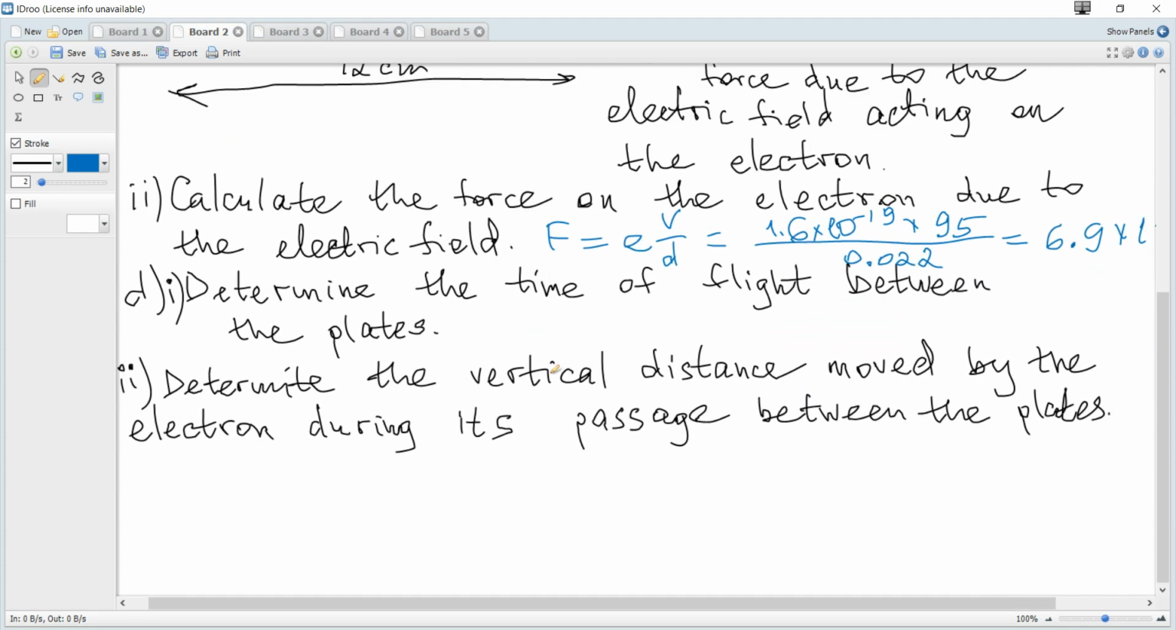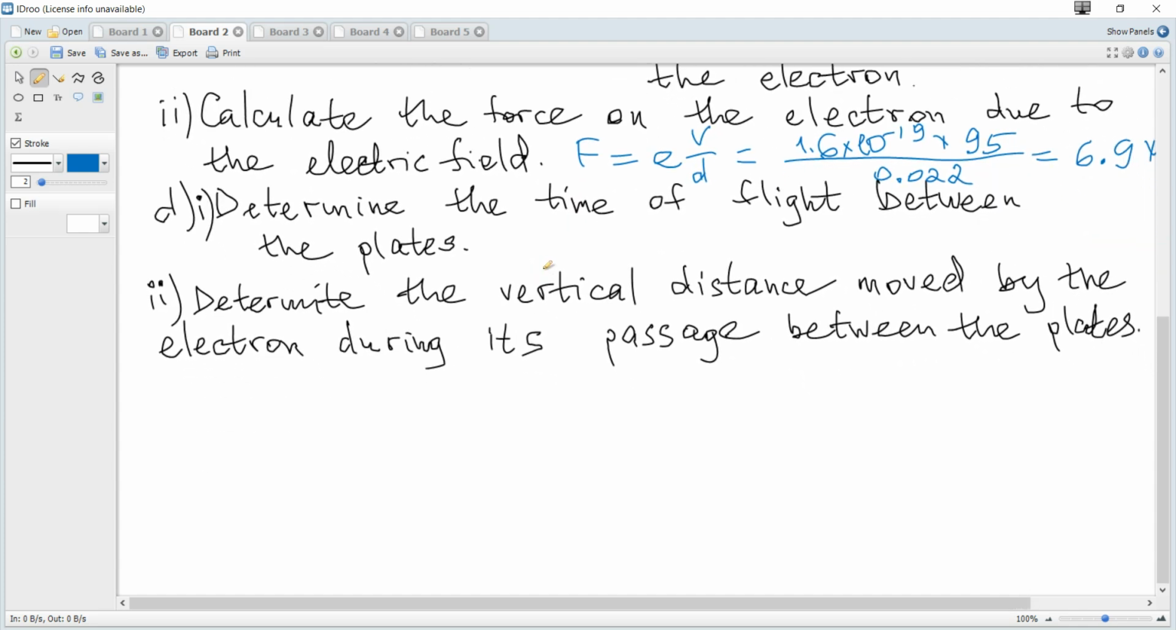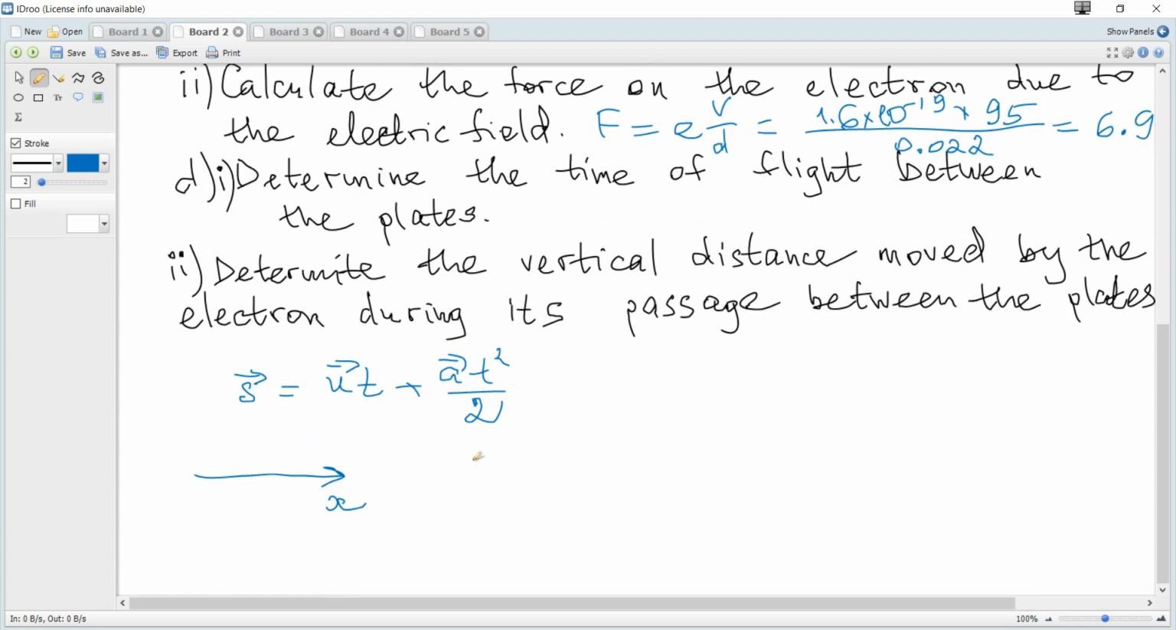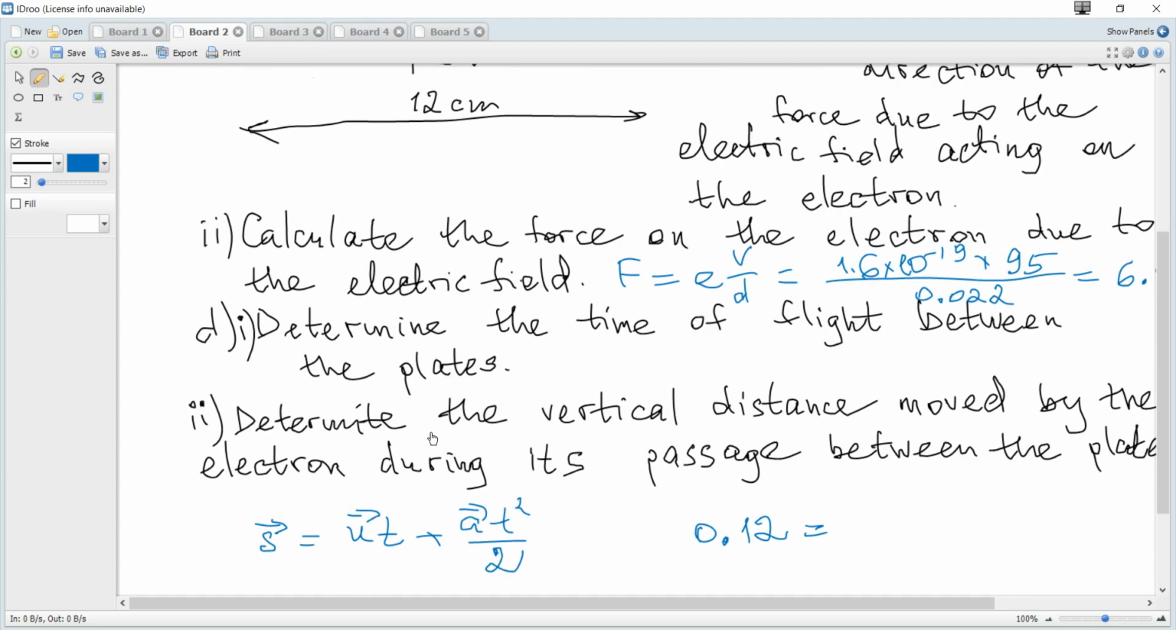So how to find time? We can consider the formula for displacement: ut plus at squared over 2. Notice that all values are vectors, and consider this equation in horizontal components, or in projection on the x-axis, which is the horizontal axis. And we can see that the horizontal distance traveled, and hence the displacement, is positive. We consider x to be to the right, so displacement is plus 12 centimeters, so 0.12 meters is equal to